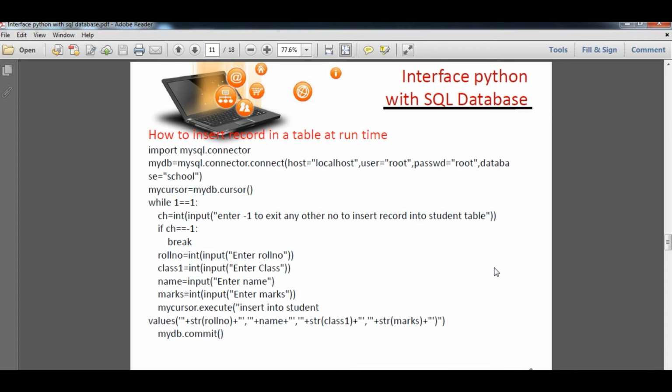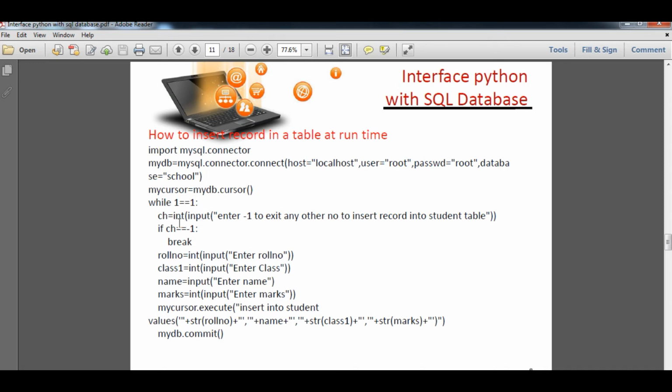Now, how to insert a record in a table at runtime? We have already done this practical, students. Once more we are going to review this: you have to import mysql.connector, then the connection establishment statement. Here consider the database as school, and you get the cursor, and now we traverse it through a while loop. So while 1 equals 1, it means true.